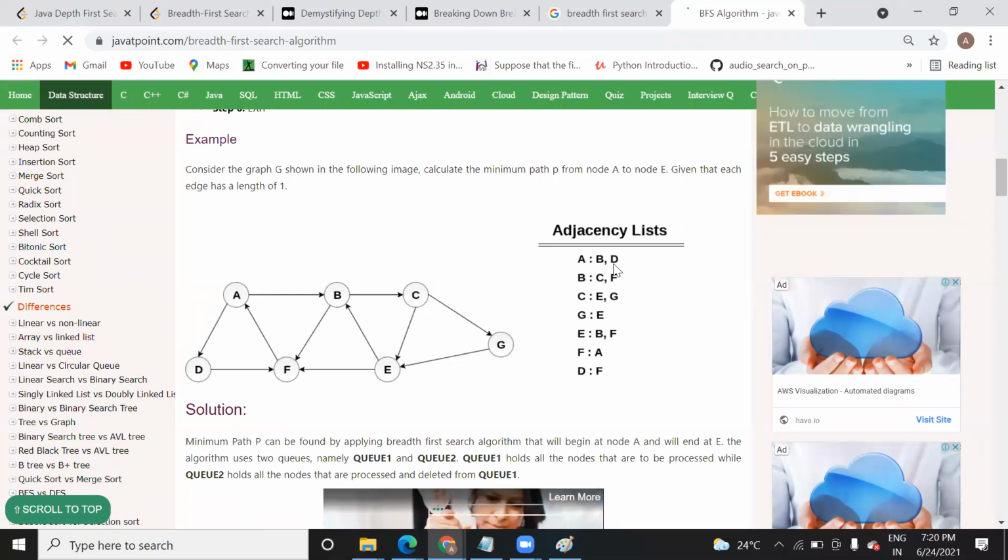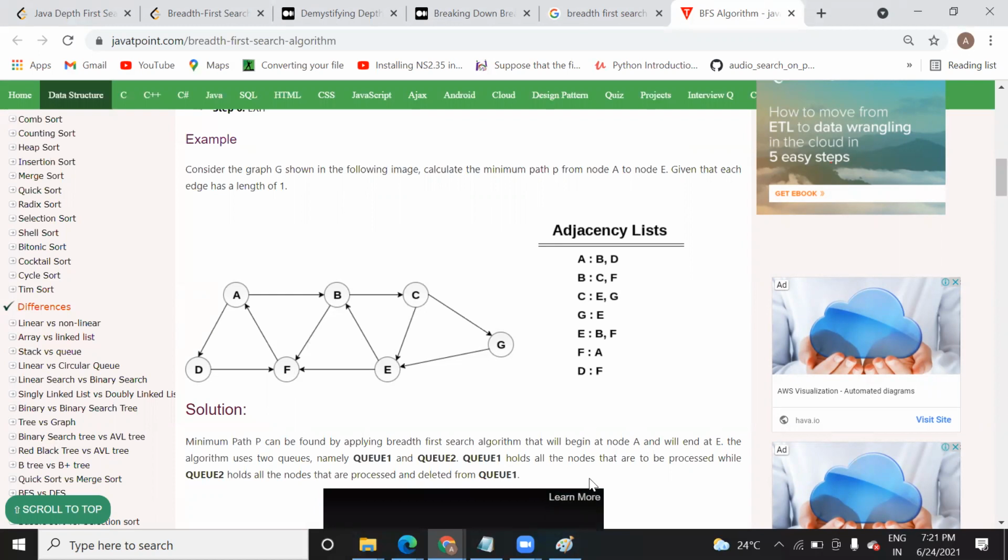Now, which is the first element that you have taken in the list? You will take it from the front, meaning you will remove that. Now you are going to remove B here. You will note down B here. Now you check which nodes are connected to B. So here C and F. So you will note them, and then the front element we will again remove.